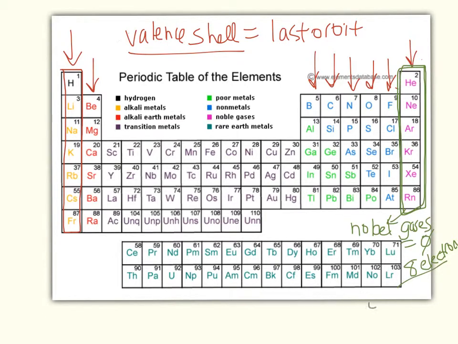So that actually is known to us as the octet rule. Octet relating to 8, and the rule being that every element desires to have that noble gas state, which has 8 electrons in its outer shell. Of course, the exception to this rule is helium. Helium is the second element on our periodic table, and therefore that first orbit that we've talked about, that s orbit, can only contain a maximum of 2 electrons. So with the exception of helium and actually hydrogen, every other element desires to have 8 electrons in that outer